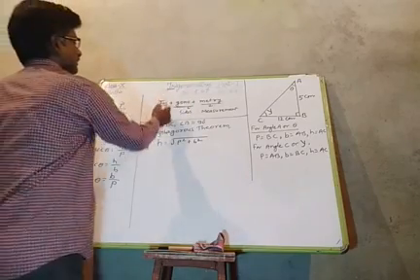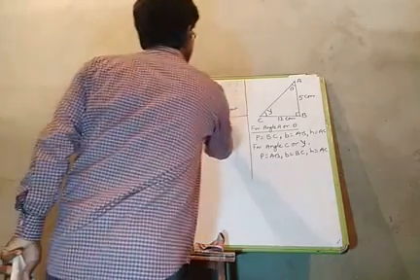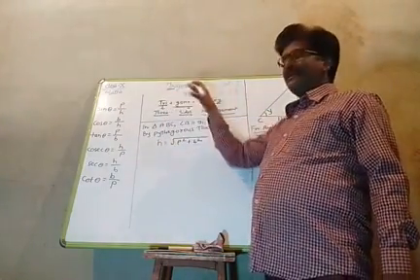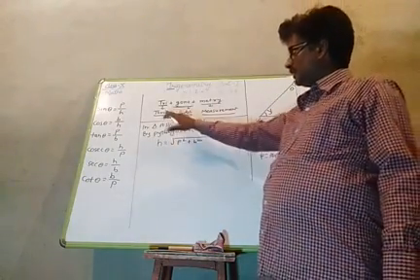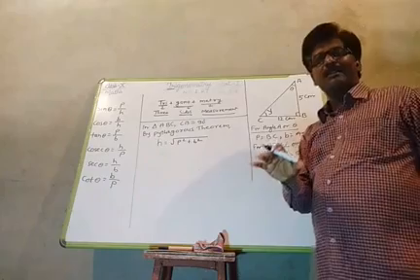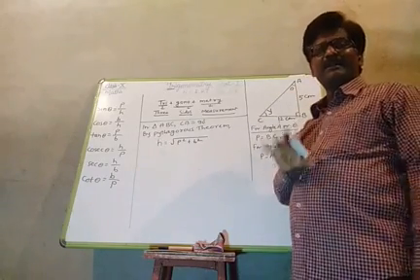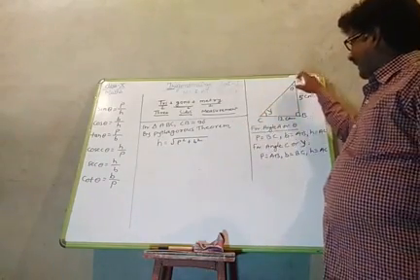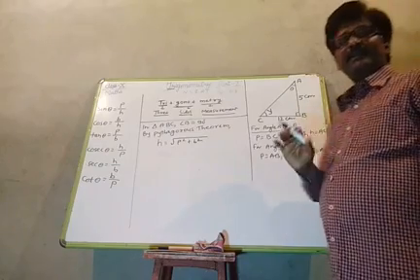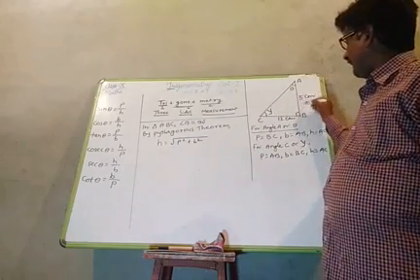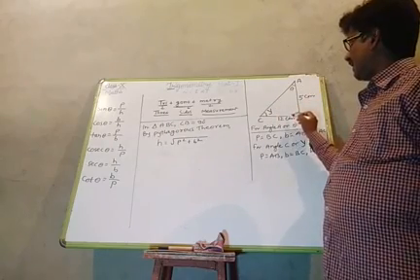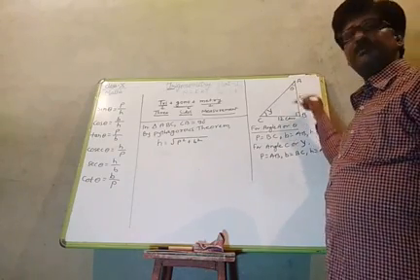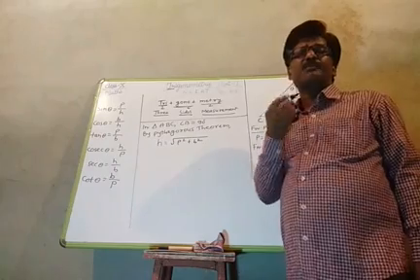Tri means three, gono means size, and metry means measurement. Already you know, in a triangle there are three sides. So the measurements of three sides are generally studied in a triangle, and especially the right angle triangle we have to study in trigonometry. Okay. So in triangle ABC, this angle B is right angle, and this AB, BC are the adjacent sides of this right angle.